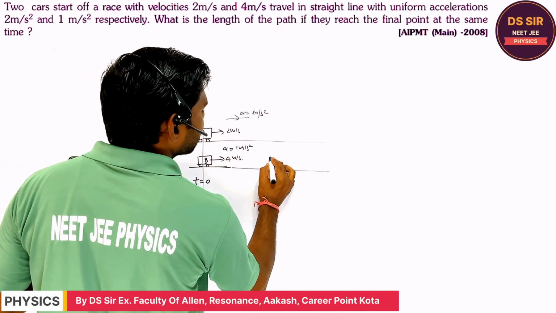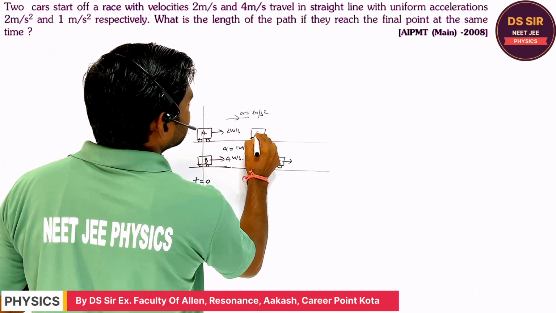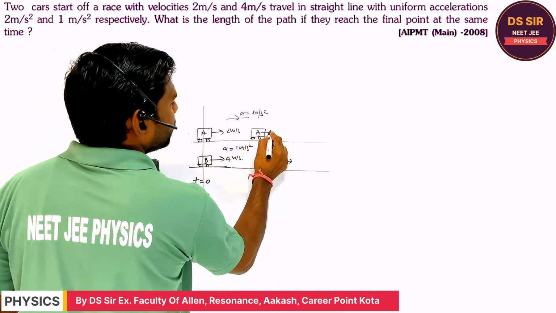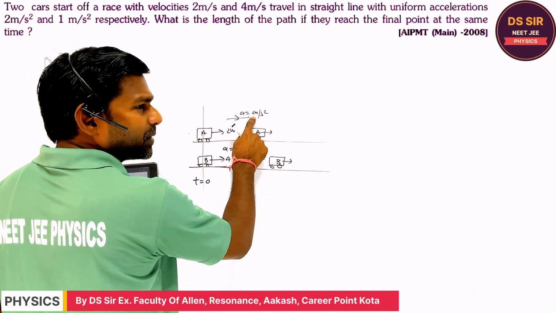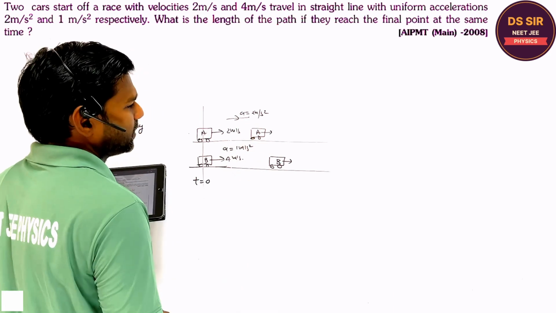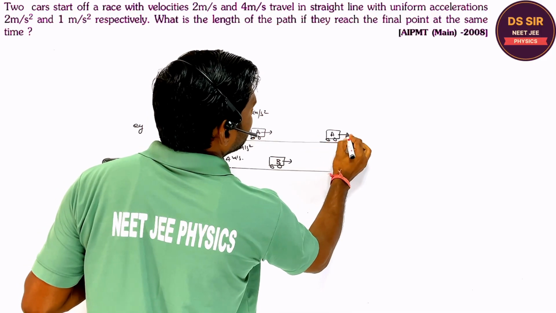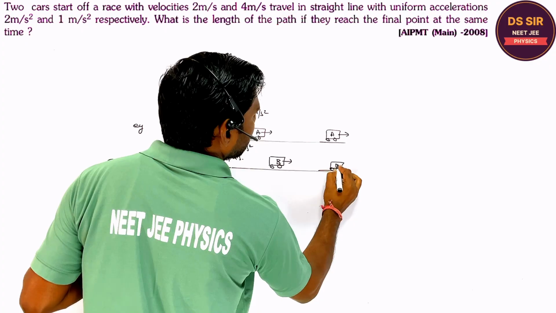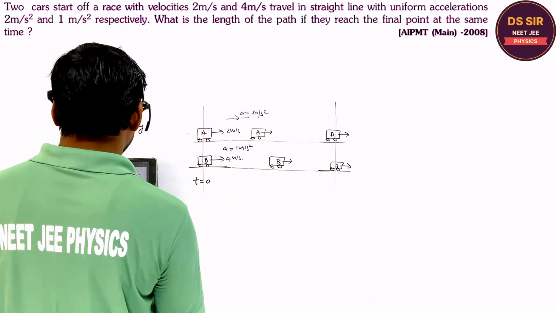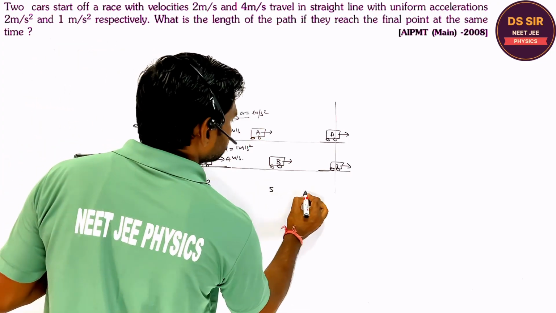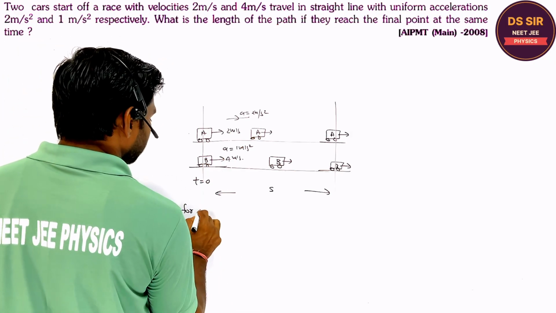Initially car B will move fast, and car A will lag behind. Why? Because its initial speed is less, but the speed of this car is increasing at a fast rate, 2 meter per second per second, while the other is increasing 1 meter per second per second. So it will continue to move, and at some time car A and car B will again be at the same point. Is it clear or not? Then what is the length? They are asking the length. Is it clear? So we can apply for car A